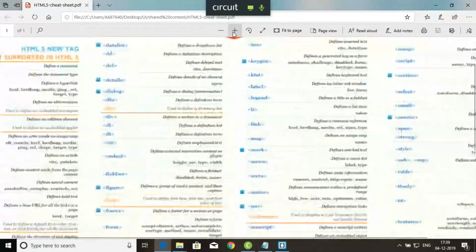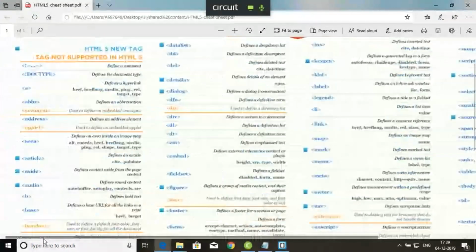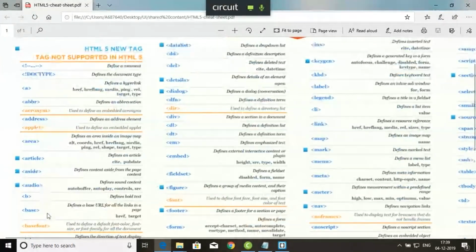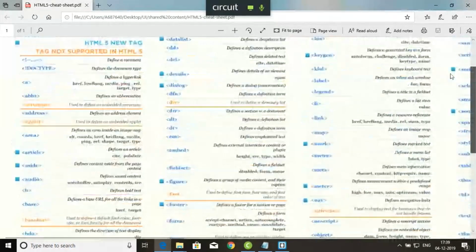Now, if you see in each domain, you'll find lots of elements. Just see here, please. Okay, so lots of elements: article, aside, audio, basefont, right? Blockquote, code, canvas, command. On the other side, we have